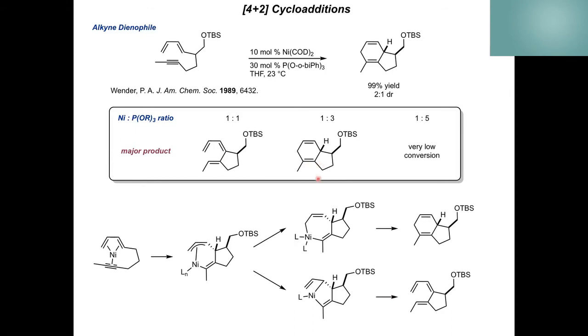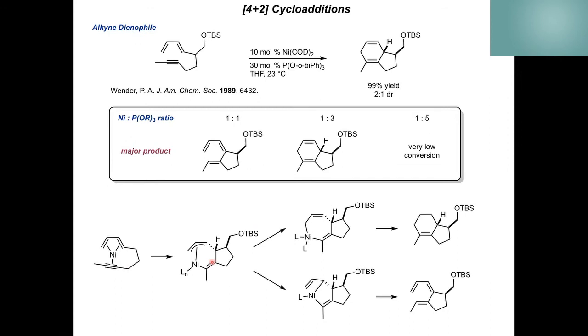When we have at least 2 equivalents of phosphite relative to nickel, this can then promote the alternate allyl configuration of that nickel allyl intermediate. And with a fully saturated nickel at that point, lacking any open coordination sites, this can actually then promote that carbon-carbon bond forming reductive elimination. And that's what affords the 4+2 cycloadduct. And when nickel is overcrowded or has too many phosphite equivalents available,